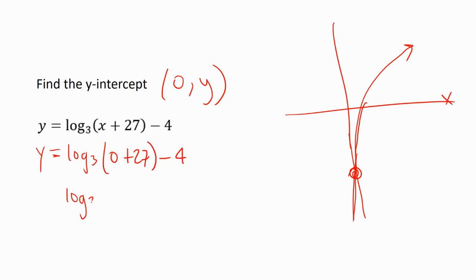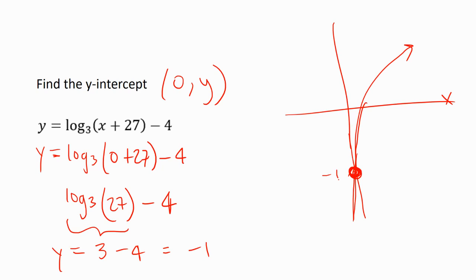So this means log base 3 of 0 plus 27. And now we have to evaluate this part. 3 to the what power is 27? Well, that's 3, minus 4 is negative 1. So y equals negative 1. Obviously my scale is a bit bad. This is negative 1. But we could graph this using Desmos and check out what it looks like. That's probably what I did in class. So the y-intercept is negative 1. And that's basically it for